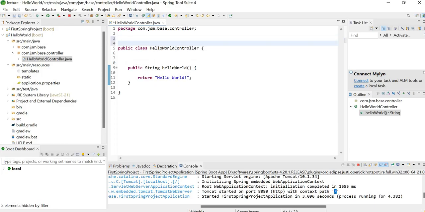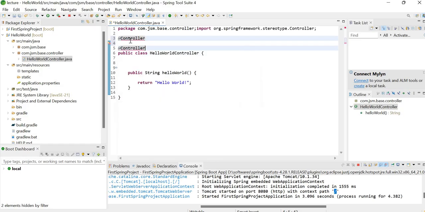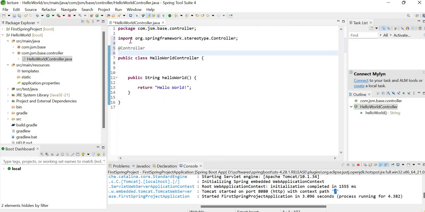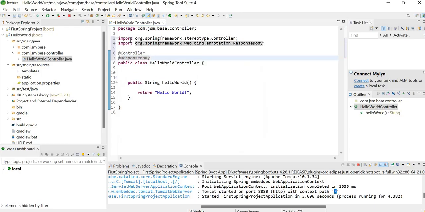For that there are two options. First of all, to make this a controller we have the @Controller annotation, and whenever this string is returned, it will be written in the response. For that we will require the @ResponseBody annotation.